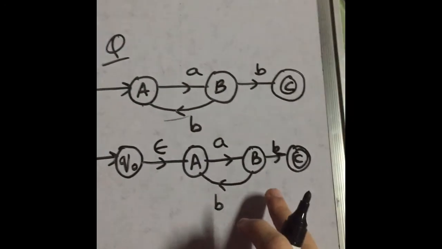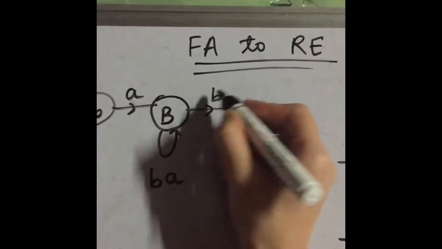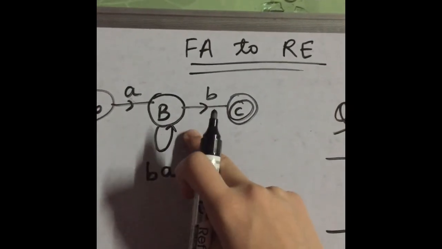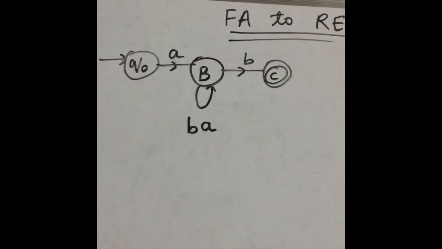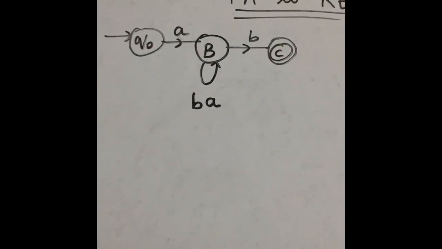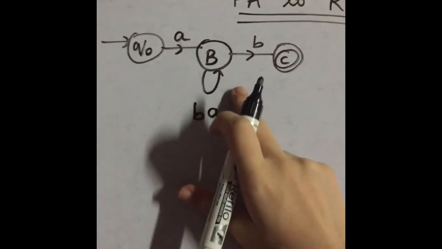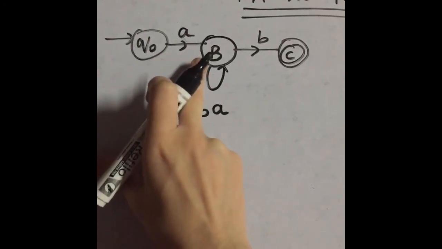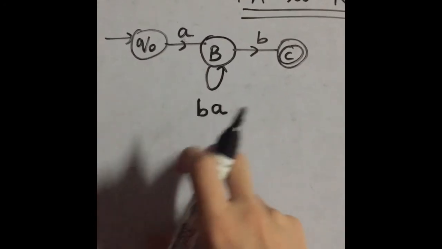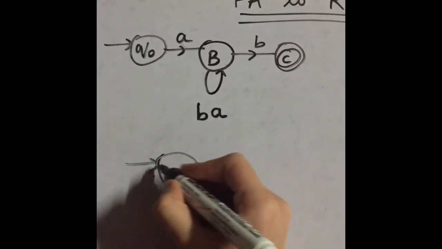Now there is simply a B transition to the final state. Okay, now we want to remove B from this, because in the last simplified finite automata we need only two states, one initial and the other final. So we remove this. How do we remove this? There is A, then any number of BA, and then B. So how can we simplify it?